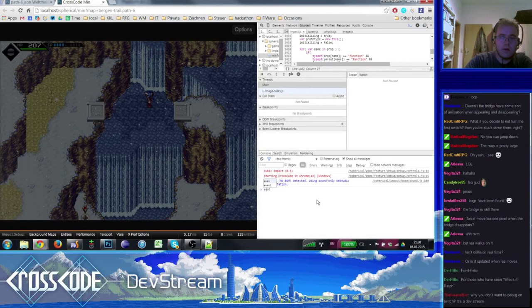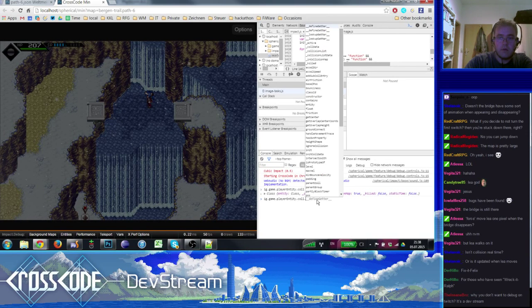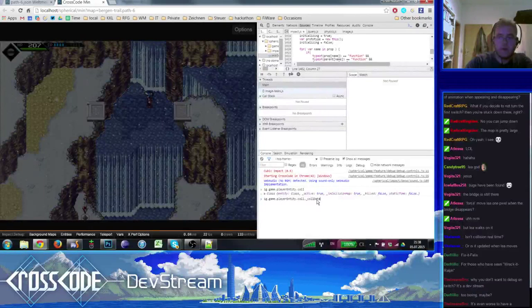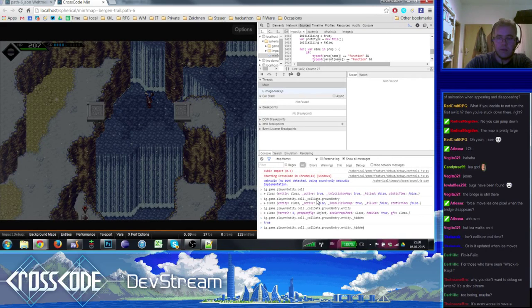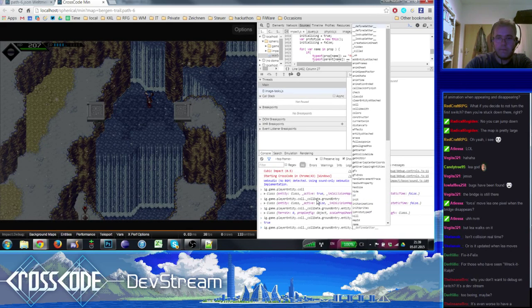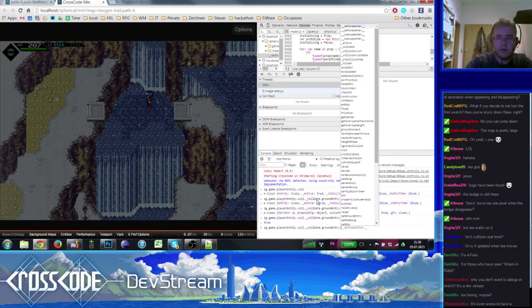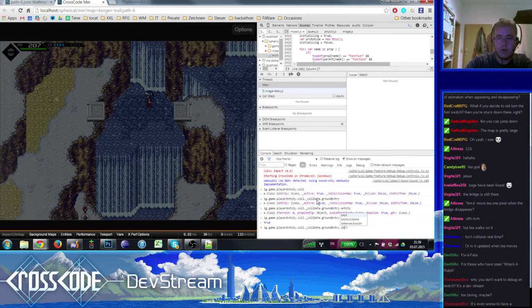So, game player entity, call data, ground entity. Guys, it's just way too hard here. I hate it. Brain is frying. Is it hidden? Yes, it is. Is there a ground entry in the collision map? And it is.